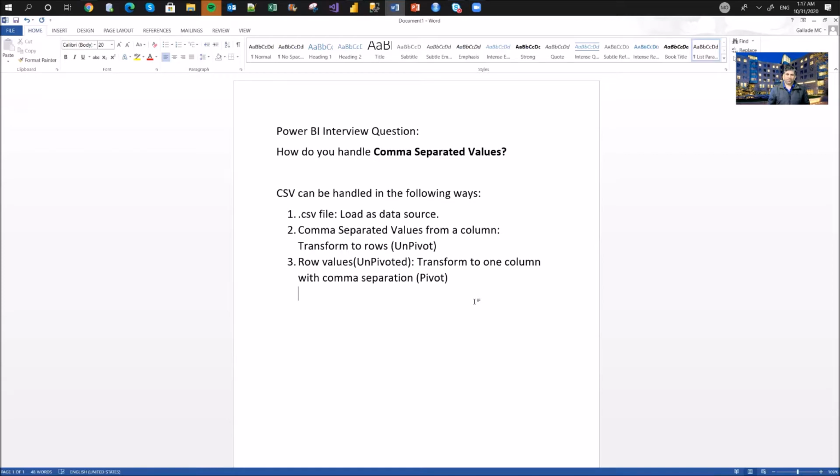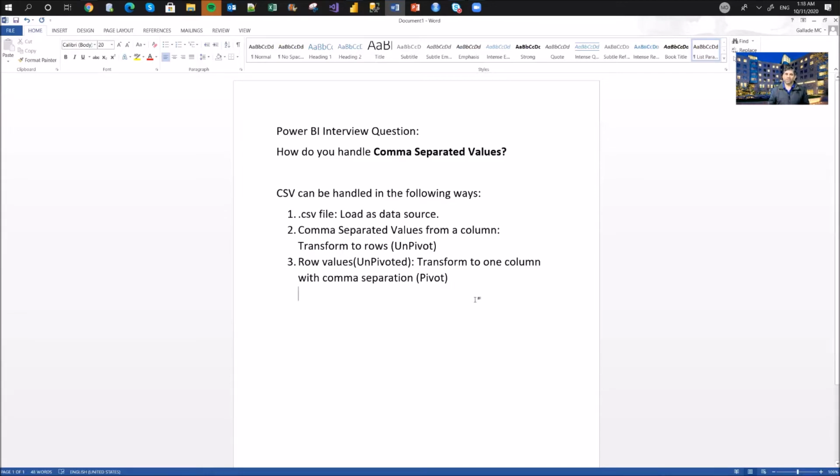And suppose we have data in a column with comma separation, for example a product, a region, and states. Suppose all the states are in one column with comma separation.